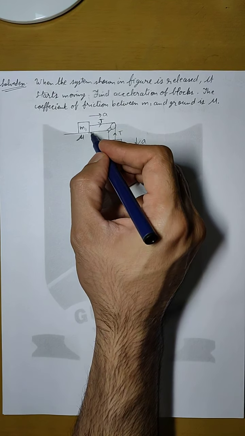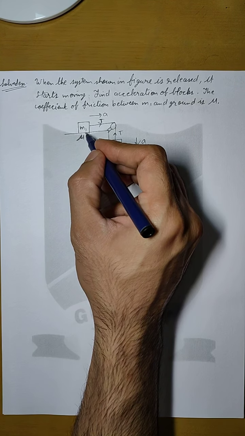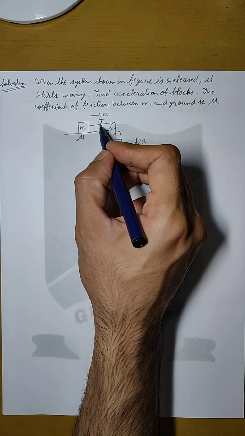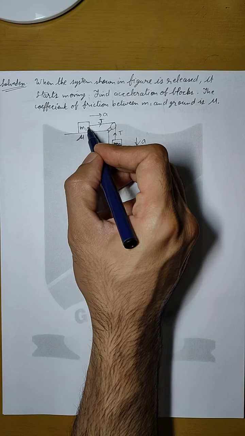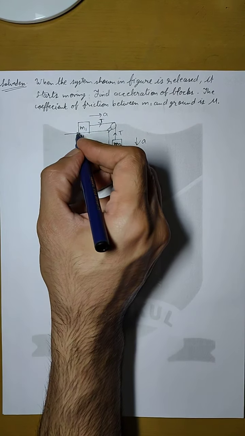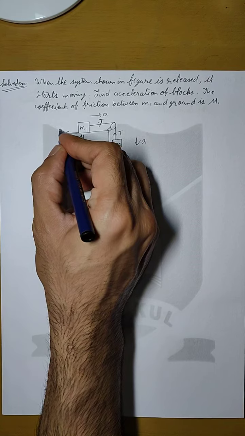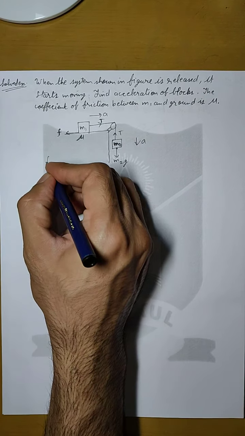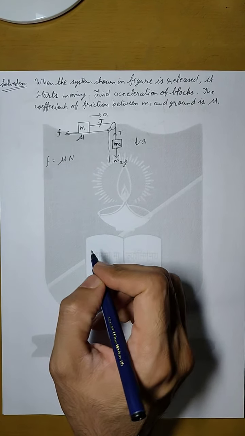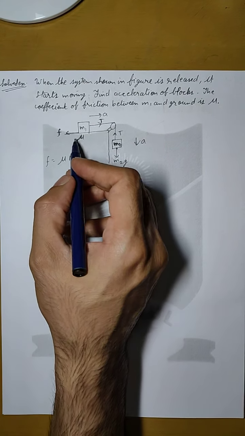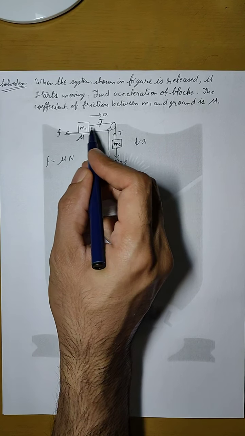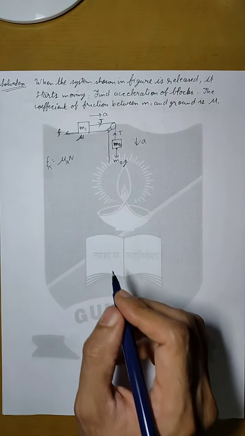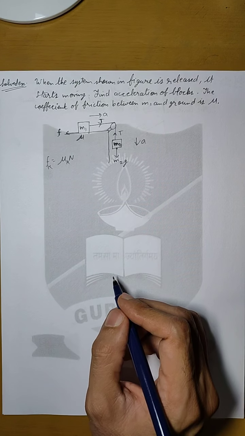In M1 there will be weight of M1 acting downward and normal reaction to it acting upward. Since this tension has the tendency of moving M1 in this direction, there will be a friction appearing in this direction because of this tension. This friction will be equal to mu N. Now since the system will be moving, it is the kinetic friction that we are talking about. So this coefficient is obviously the kinetic coefficient.